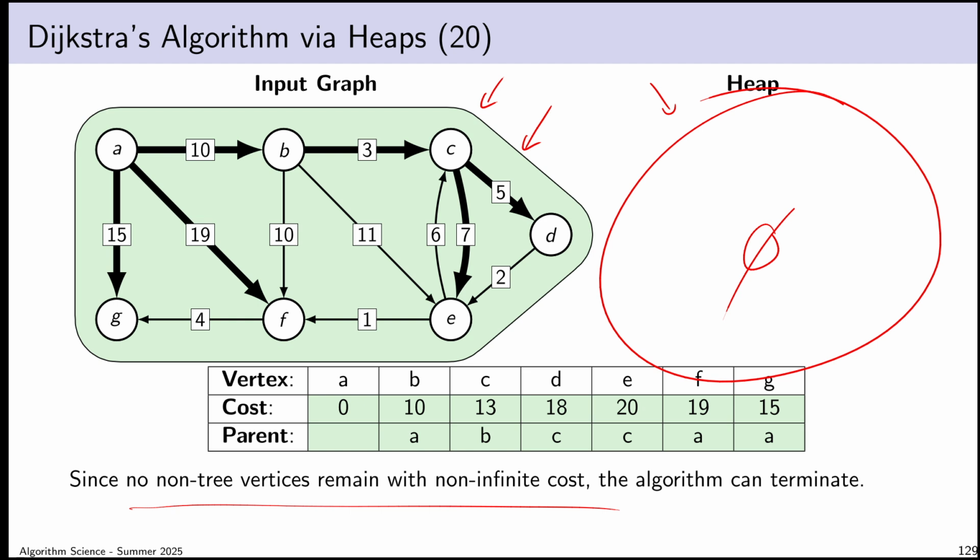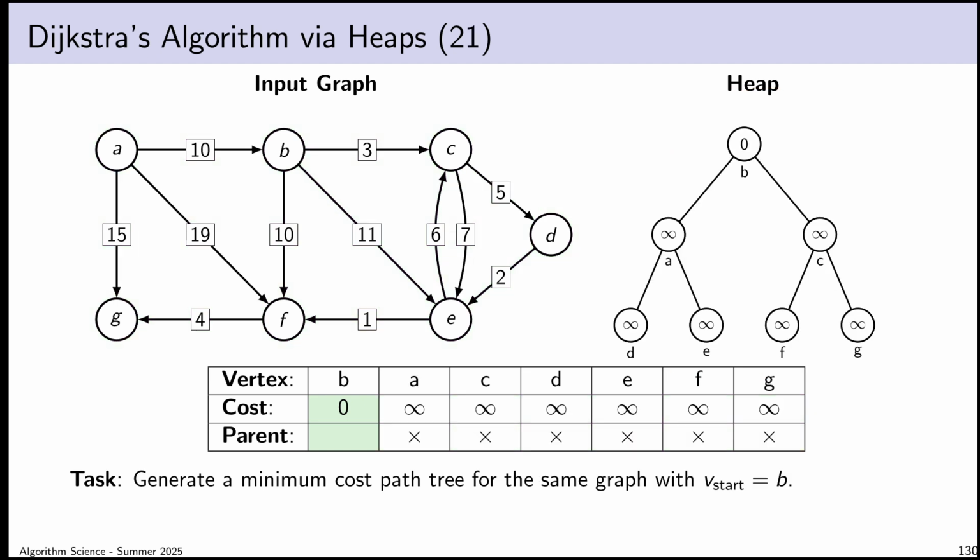And it's in the pseudocode, but I think seeing an example would help too. So let's do the same exercise again on the same graph, except this time my starting vertex will be vertex B. I will observe, as with our earlier example, it's very clear that vertex A is going to be unreachable. There is no way for anybody to get back to vertex A. Okay, so my initial heap is this.